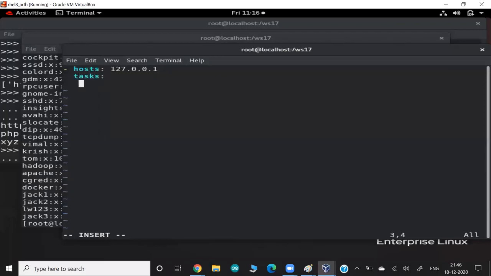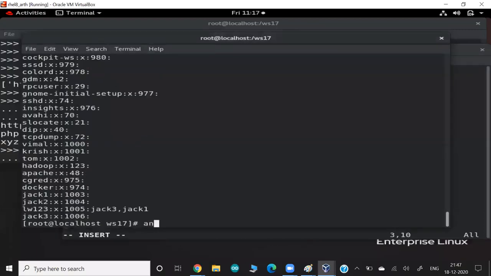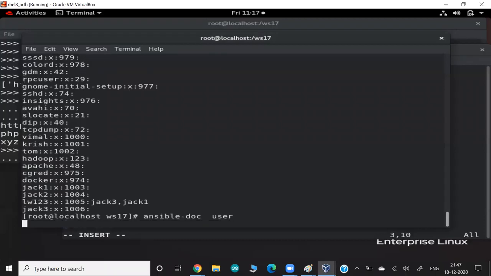If you search in Google whether we have any module that will help me create a user, you will get a user module. And maybe you can use the ansible-doc command and open the documentation for the user. Okay, and what you will find here,